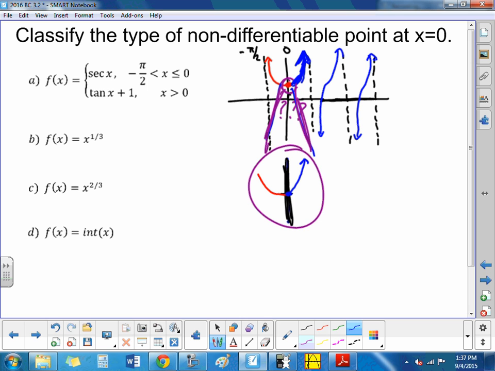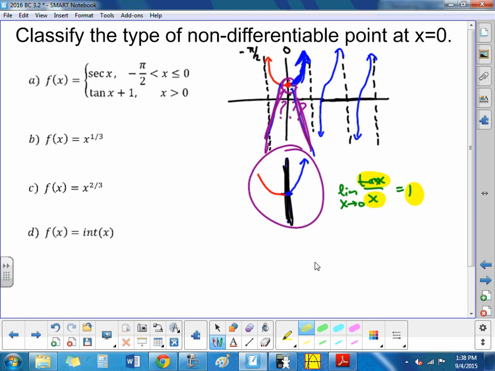Not the same slope. Now, how do I know that? Well, do you guys remember in the last chapter I had you do this limit for me? You guys remember this limit, right? This is 1, right? Do you remember when we did it with a tangent? I'm sure we've done it with a tangent too, right? Didn't this come out to be 1 also? Think about what this means, folks. If tan x over x is 1,